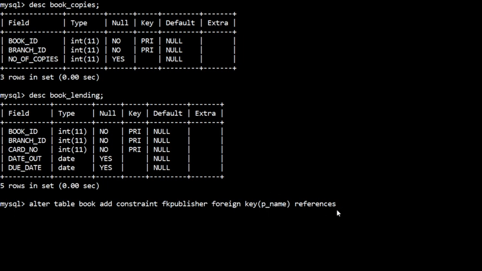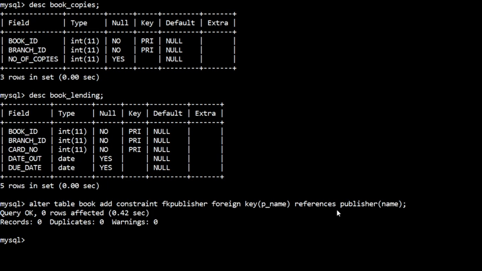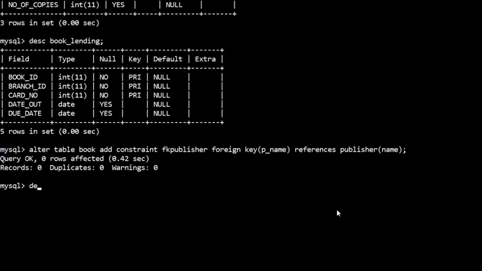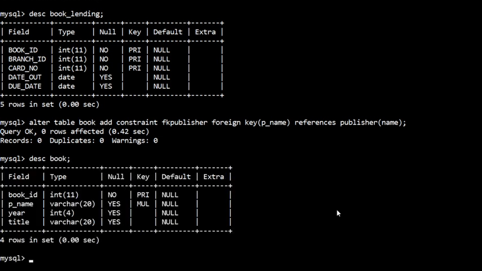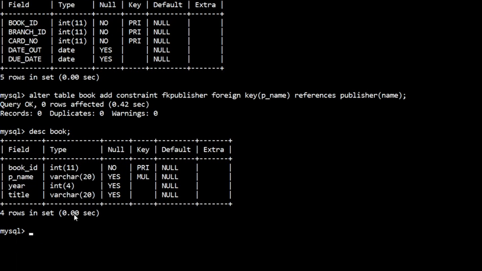It references publisher table, and in publisher it is referring the attribute name. Okay, so like this you can add the foreign key. Now if we describe the structure again, you can see foreign key added to this table.